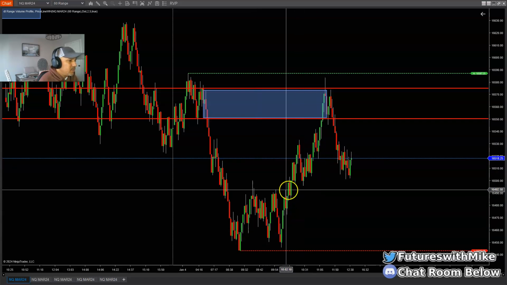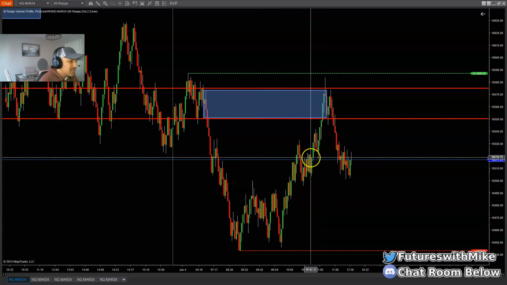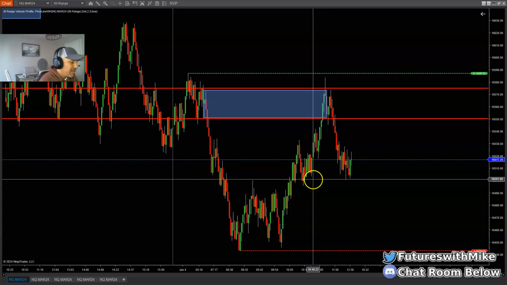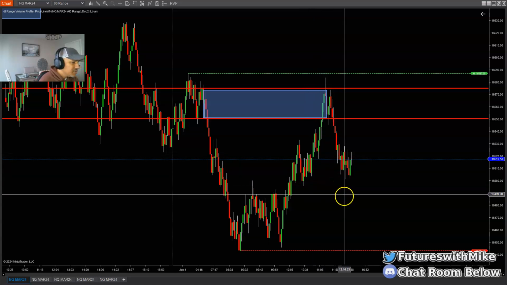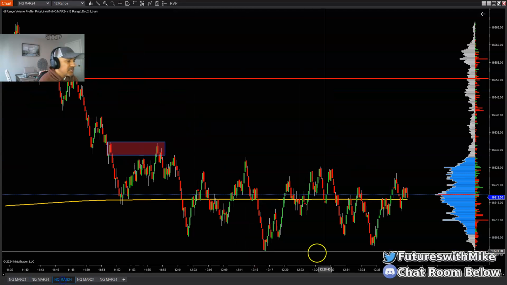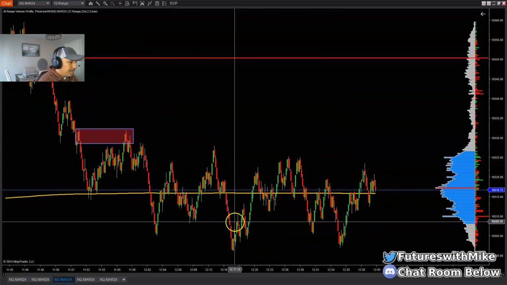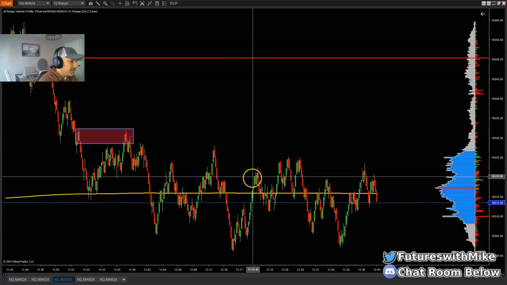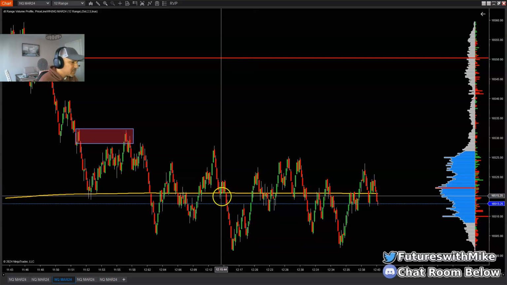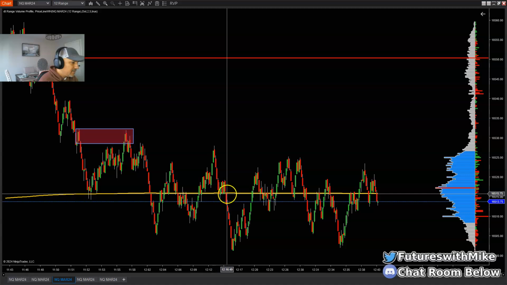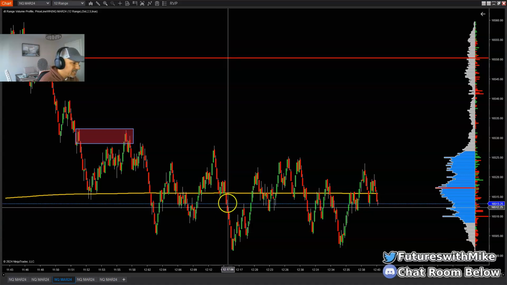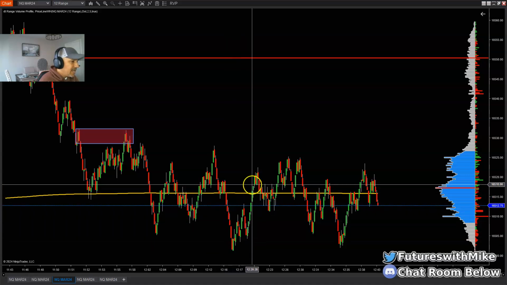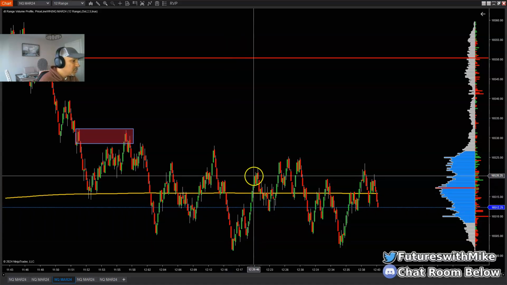I mean, because it could reject any one of these areas, but as long as it continues to start, and continue breaking through minor areas of structure, you can look for short opportunities on the lower time frame. So it makes a low here, okay, and then it pulls back. It didn't reject. This right here was an area of supply resting right here. You can see it, plain as day. Aggressive selling. It broke below that area. It actually closed above that area.